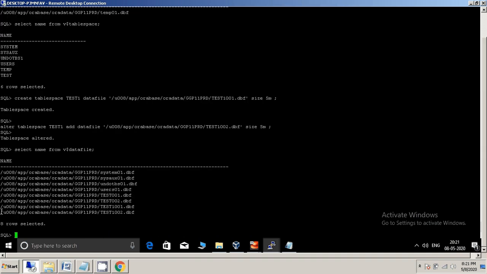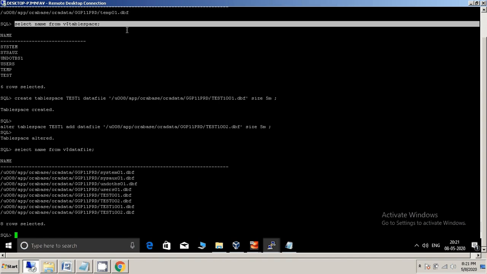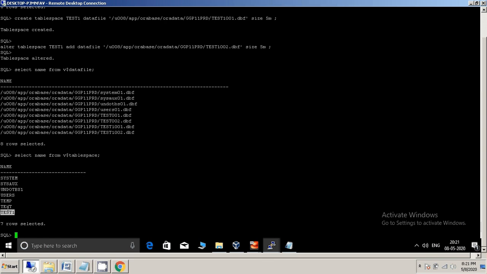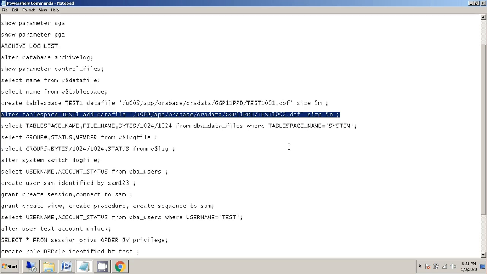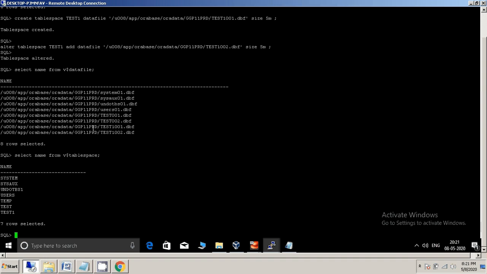data file. Here we recently added two data files. Again, the tablespace we need to identify. Here is the tablespace. The test one was already there, and the other one we just added is test. Now if we want to see what my system data file size is, here